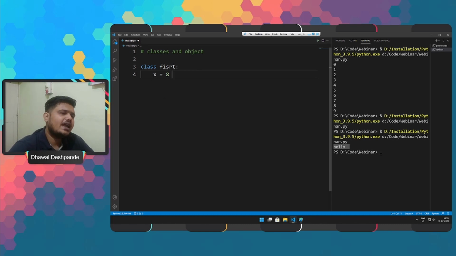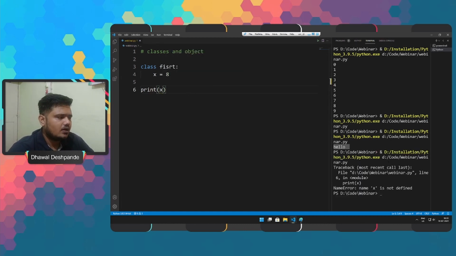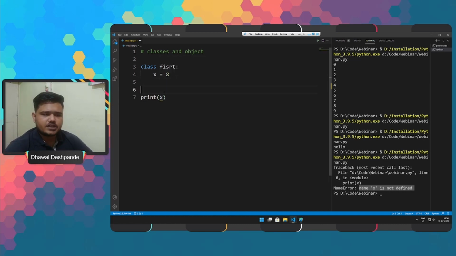Now if we have to access this variable in our program, we cannot directly go ahead and use it. I'll show you the error as well. If we go ahead and print it directly, we will get an error which says x is not defined. So to access x, we have to come up with an object. To create an object, we need a variable, then we assign the class to it.